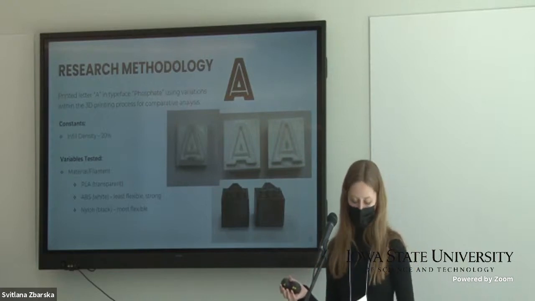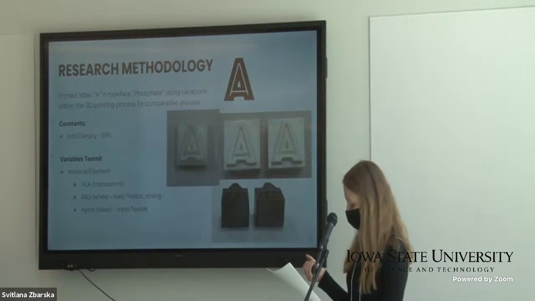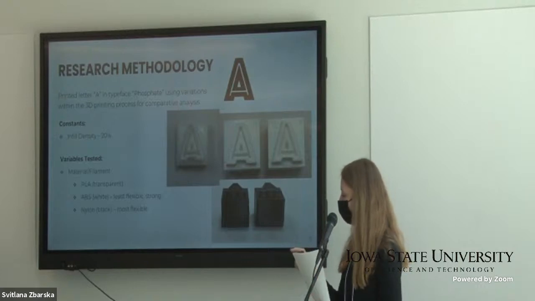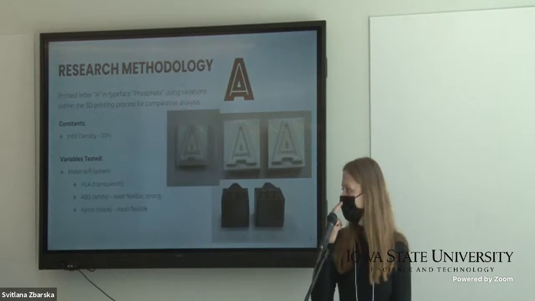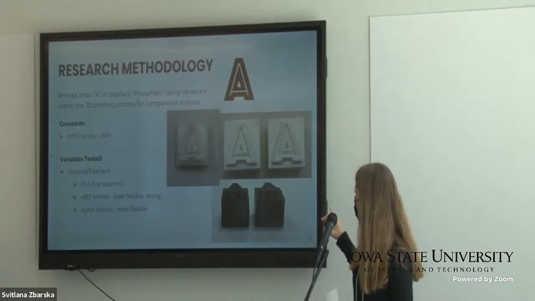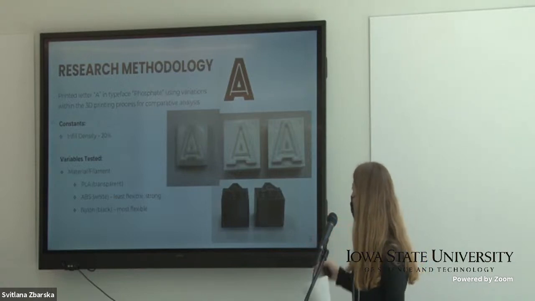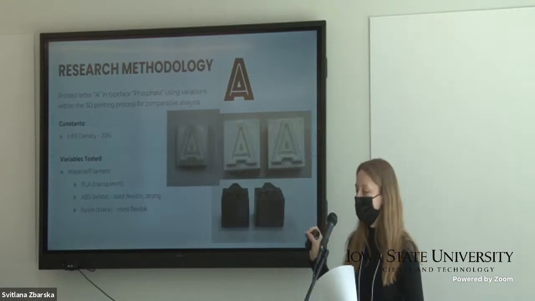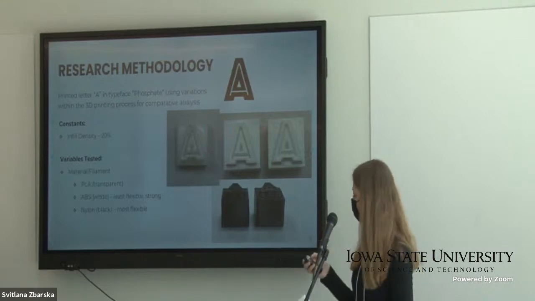So for those of you unfamiliar with 3D printing, 3D printers work by layering different types of materials, primarily plastics or types of plastics, and then biomaterials. For this research, we investigated 3 different types of materials, which included PLA, ABS, and nylon. And conveniently, in our case, each of these were different colors. So the PLA is going to be the transparent A blocks, the ABS is going to be the white, and the nylon is going to be the black. The ABS is going to be the strongest of those 3 materials, with the PLA being just a little bit more flexible than that one, and then the nylon being the most flexible of the 3 materials.